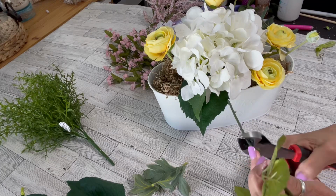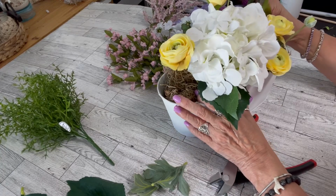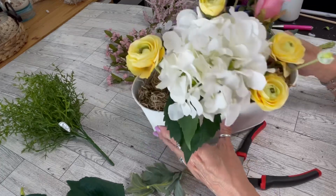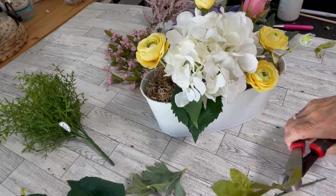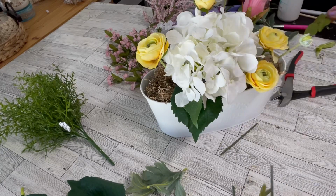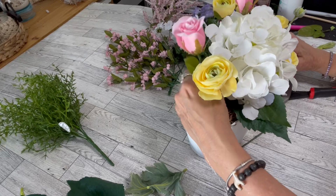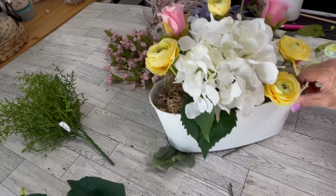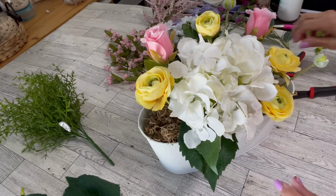And I have to cut down these pieces because this isn't a tall arrangement, but it's better that you cut them a little longer, and then if you need to, cut them more, because once you've cut it down, it's a dilemma how you're going to create the look you want if your stems are too short. So now I'm going to place that gorgeous pink rose on the other side. So now I have a little balance with my roses as well as my yellow flowers, keeping that hydrangea